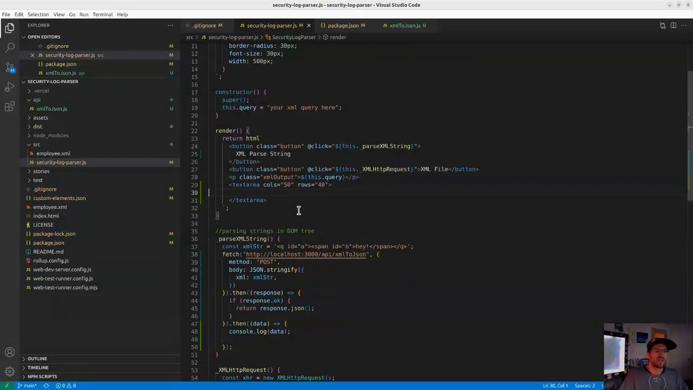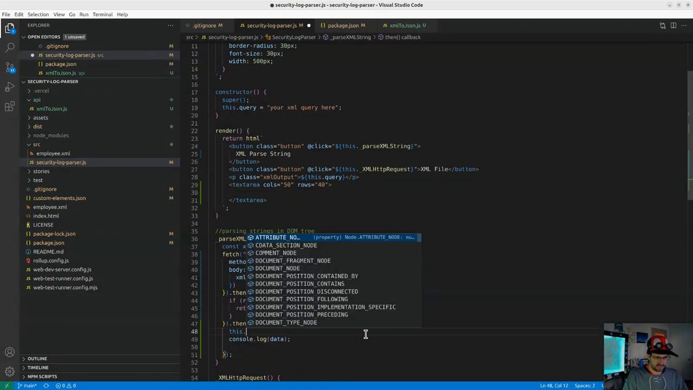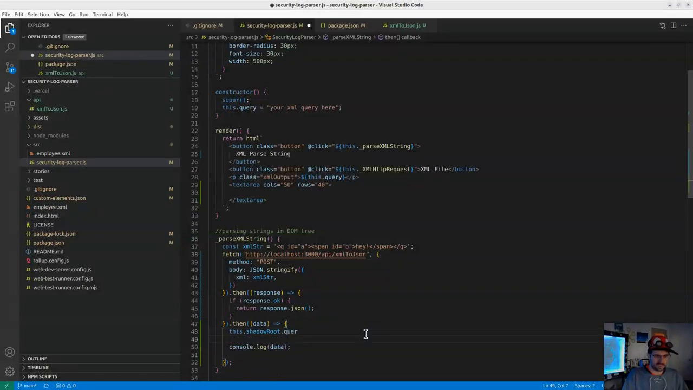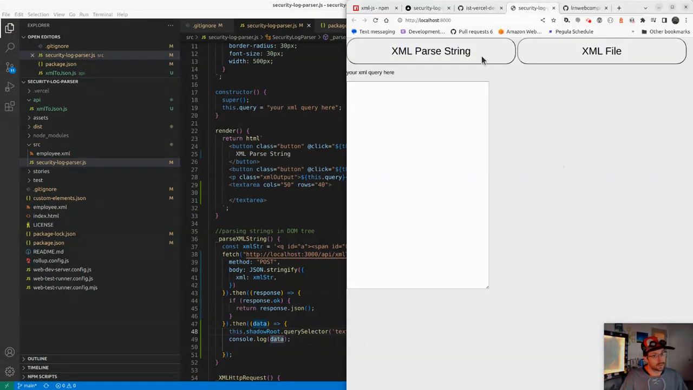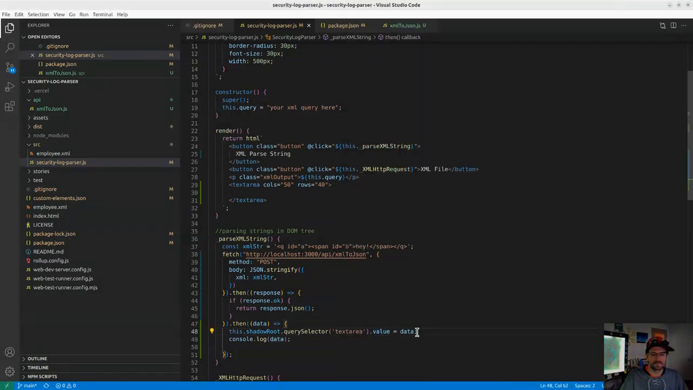Okay, then I am going to do this.shadowRoot.querySelector. Wow, I already knew what I was going to do. Okay, querySelector dot value equals data. Now, if I do this, it shouldn't work because it's an object, and this prints strings. So I can do my JSON.stringify